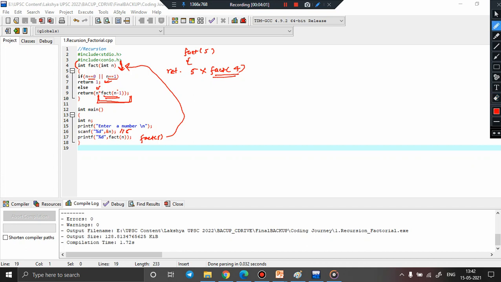Alright, so they have called the function fact 4 again. So again the control will come in and it will see whether n is 0 or 1. No, n is neither 0 nor 1, but n is 4, right? So it will go to the else part, and again it will return n into fact n minus 1, which means it will return 4 into